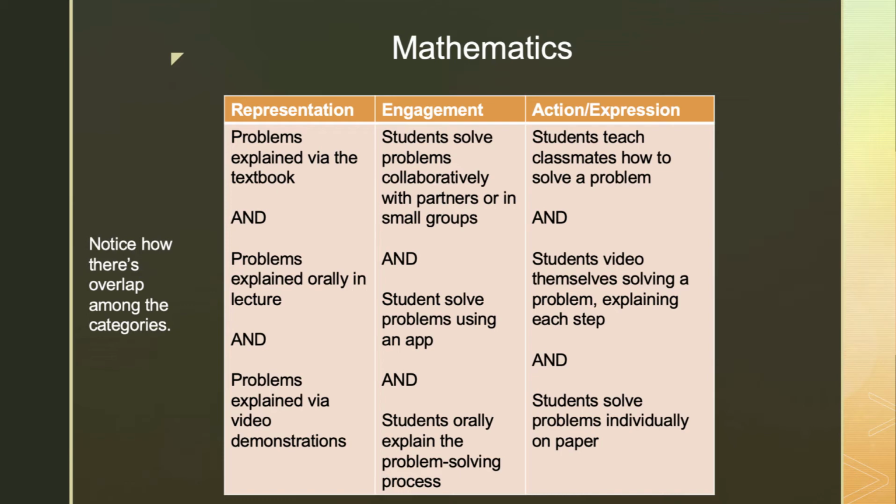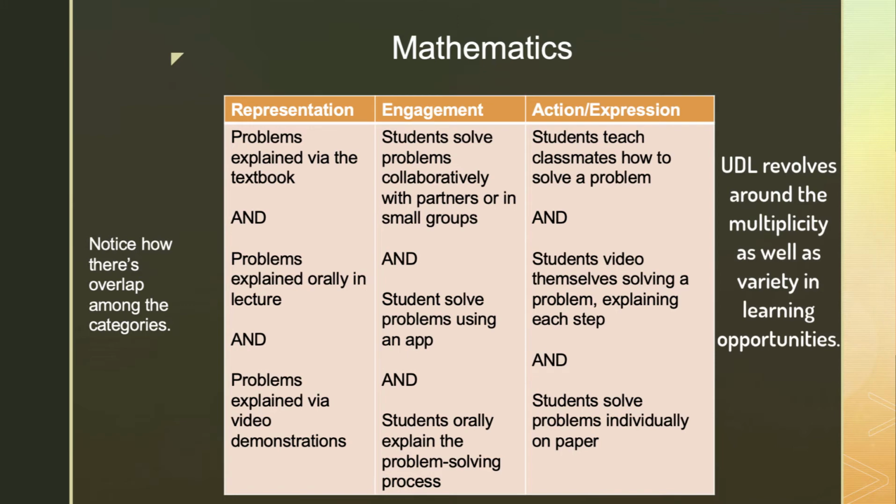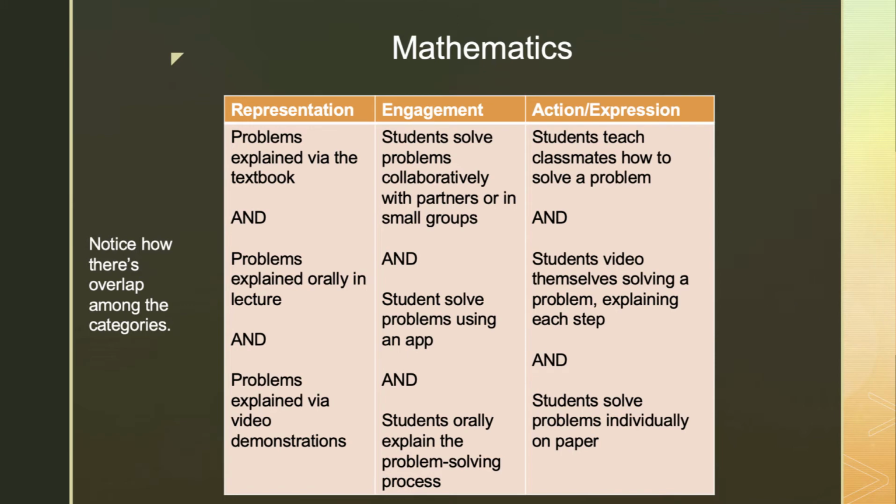The important idea to remember is that as teachers, we're not choosing just one opportunity from each list. We should select multiple opportunities, if not all opportunities, for students to engage with concepts and demonstrate their knowledge of them. And those multiple opportunities should also engage multiple senses and foster critical thinking at multiple levels. Here are some examples from a science classroom.